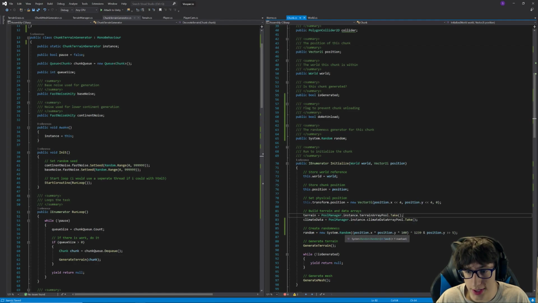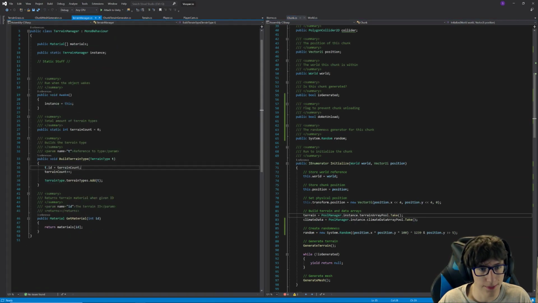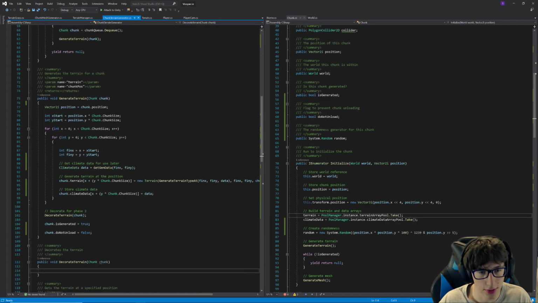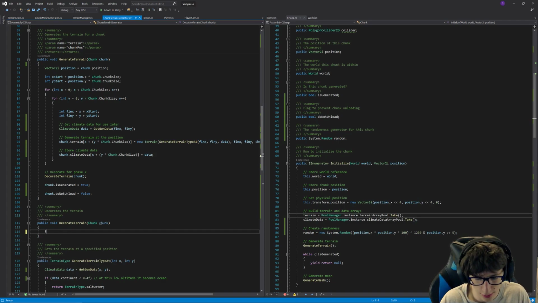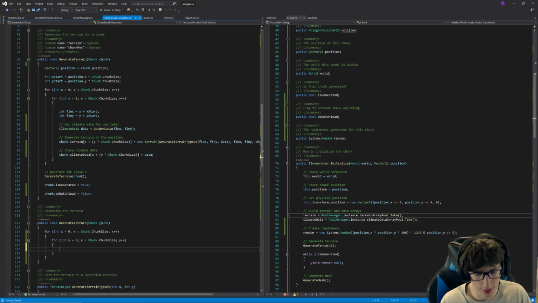So now that we have our random, now we can have some fun. Because now when we do this decoration, we just have to make sure that it always goes in the same way. So if we jump into our terrain generator, into our decoration here, now all we have to do is just copy this actually. So we're gonna go through every single piece in the terrain, and then we'll get a random value for each of them. Random equal, oh, nope, we're gonna do float random equals chunk.random.Next,